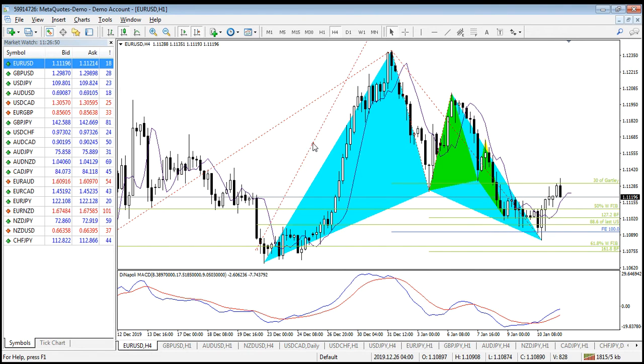So let me remove this. This is not required on the chart anymore. As well as this AB equals CD has been completed, and there was a reaction to the upside, and this is the 30% of the Gartley. From this point to this point was the total downward movement of the Gartley, and this is the 30% retracement